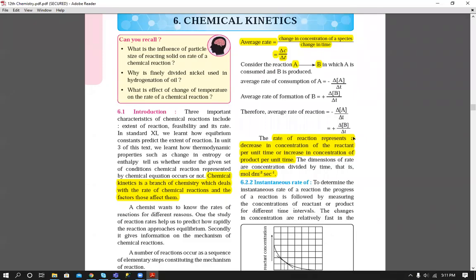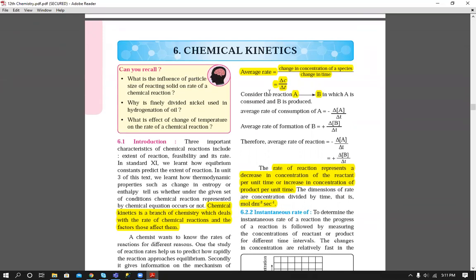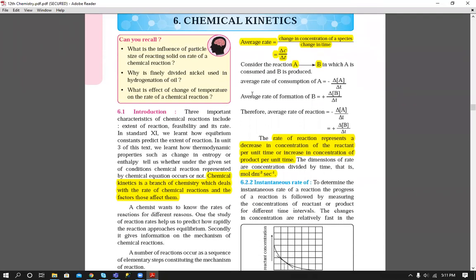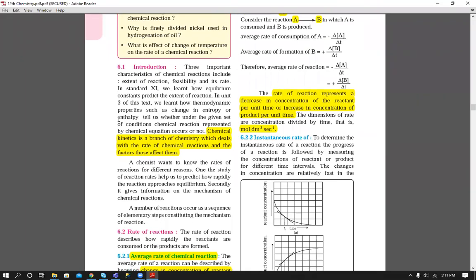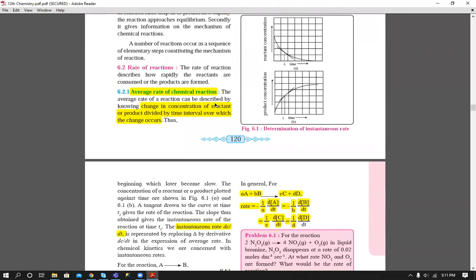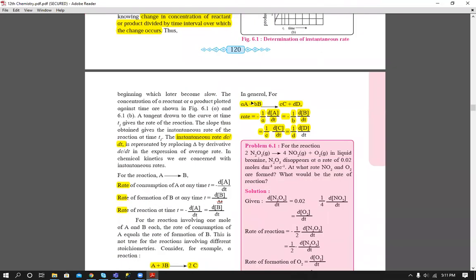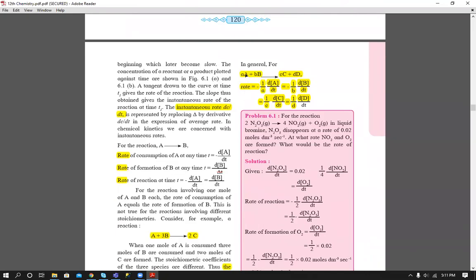Hello students. So this is the third part of the topic chemical kinetics. So far we have covered what is rate of reaction, the introduction part, instantaneous rate and average rate, and the general formula to find out rate when the concentration of each term is given, when concentrations of reactants and products are given. So remember this formula for the first part.